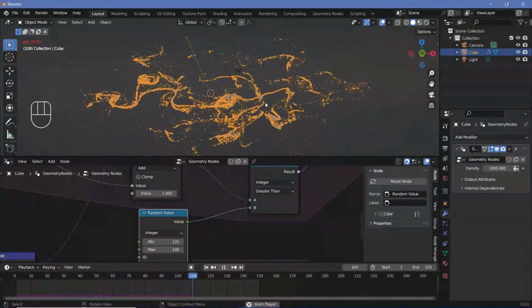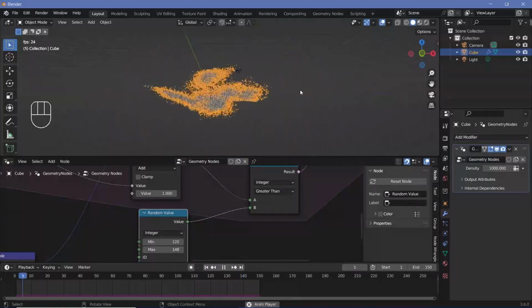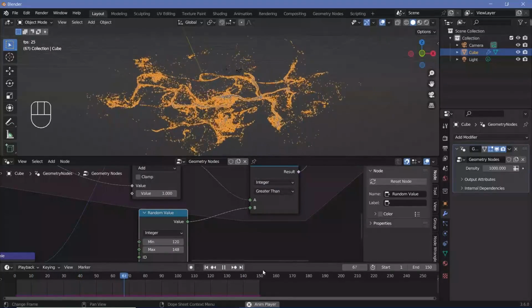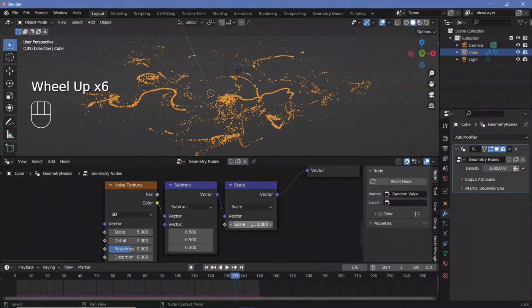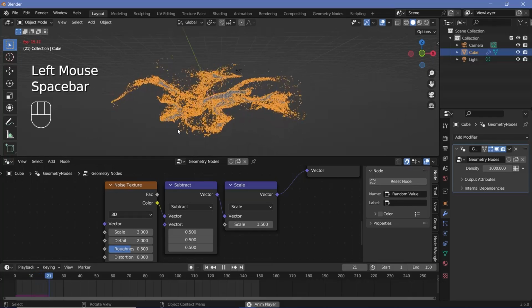So that's what we have as of now, and you can see that the number of particles start reducing and they just disappear by frame 150. Now of course I feel like the initial velocity is still a bit too high. Maybe I'll reduce this scale as well down to 3 and then just restart the simulation, and yeah, that looks